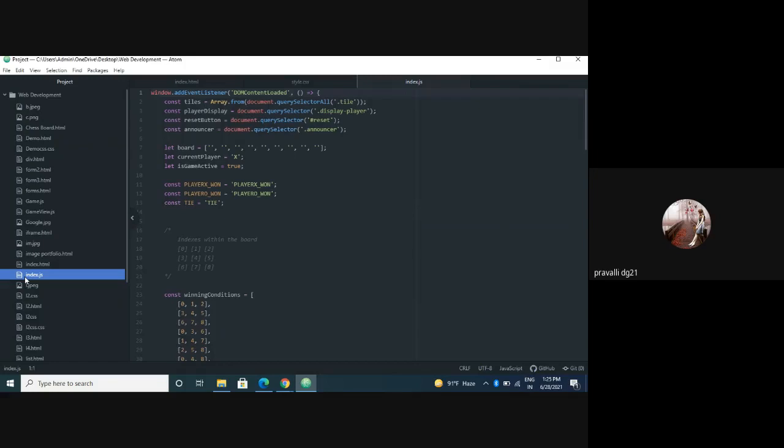First of all, I'm going to add an event listener on the window object to listen for the DOMContentLoaded event. This is needed because we included our JavaScript file in the head of our HTML document, and because of its position, this script will be processed before any HTML on the page. So by listening to this event, we will make sure that the HTML is processed by the browser